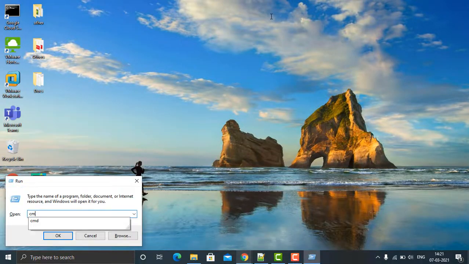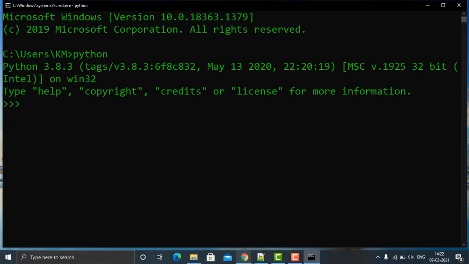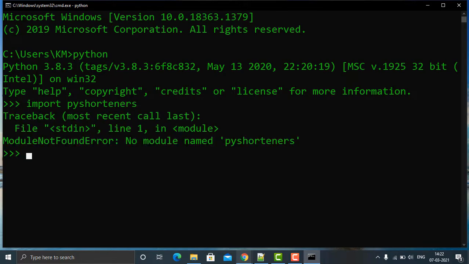Firstly, I'm going to the cmd command prompt to confirm whether this Python library is already installed or not. So Python, enter, and import pyshorteners, enter. It gives an error: module not found, no module named pyshorteners.